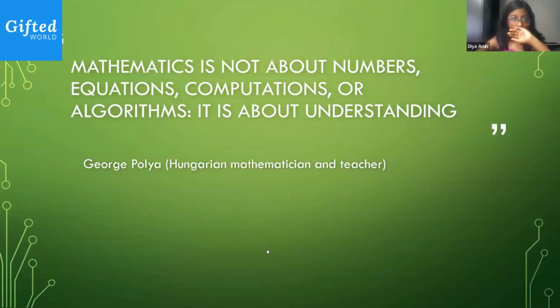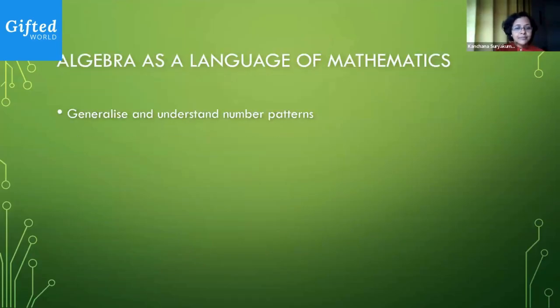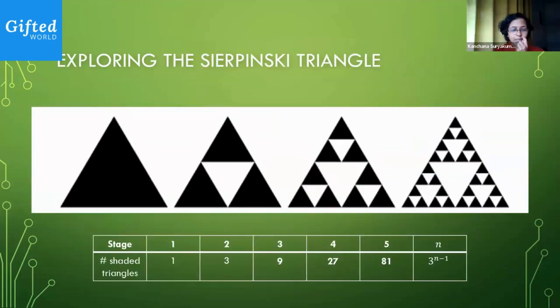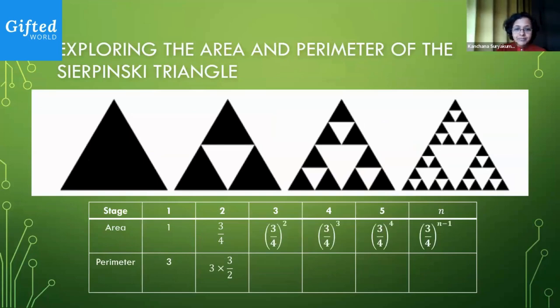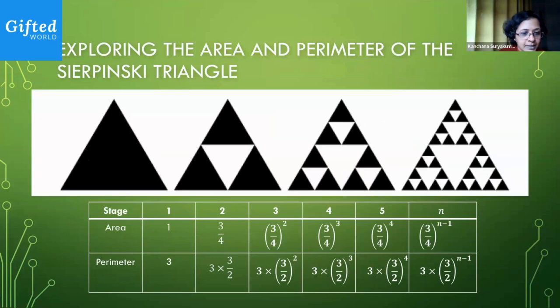Can you just share the formulas again for the Sierpinski triangle thing? Sure. So would you like me to start off with the number of triangles? No, the area and perimeter is what you're asking me, Diya? Okay, here we go. Do you have a specific question on how this came about, or you just wanted to double check what you've done?